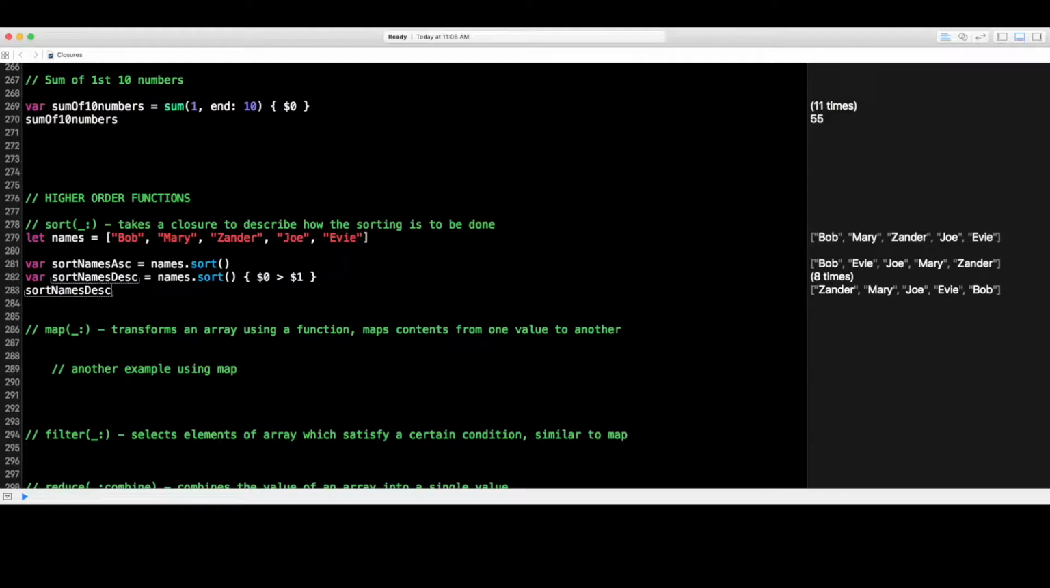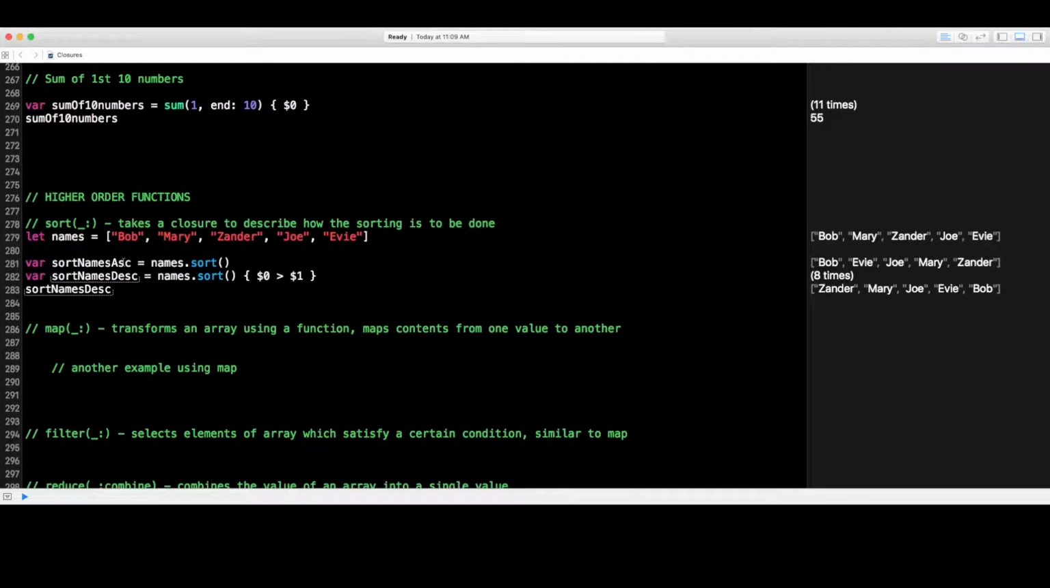All right, so map. Map basically transforms an array using a function. So it maps from one value to another. It takes a closure expression as a single argument, and then it returns an alternate mapped value. It could be of the same type or a different type for that item in a new array. So from those new mapped values, it creates a whole entire new array based off of the array that you have brought in. All right, so an example of this,